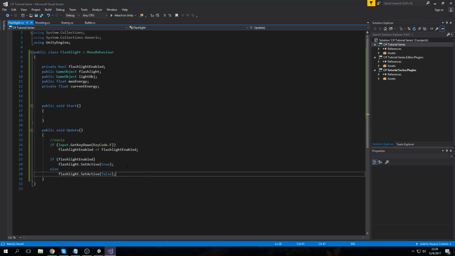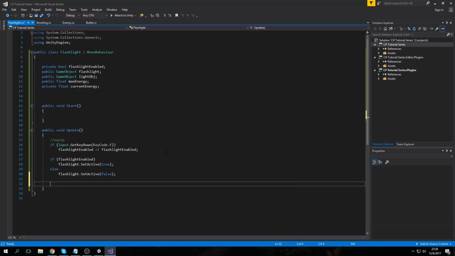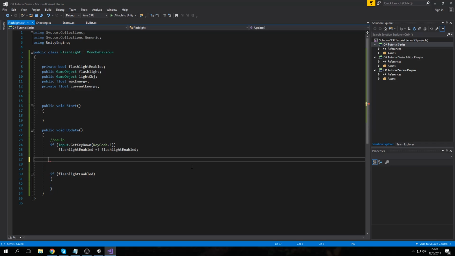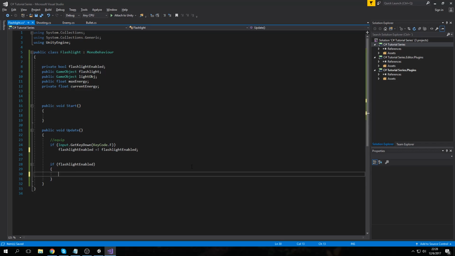And now we're actually going to decrease the energy itself, and we're going to do that by simply saying, we can actually use, for the moment being, a normal public void update, and then we can optimize it later on. So we're going to say if flashlight enabled, then we're going to have these, and we can actually remove this line like that because we don't want to use the same if method one more time. So instead we just say